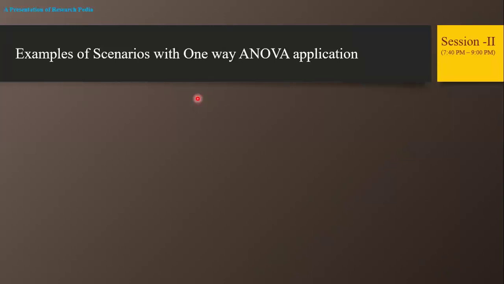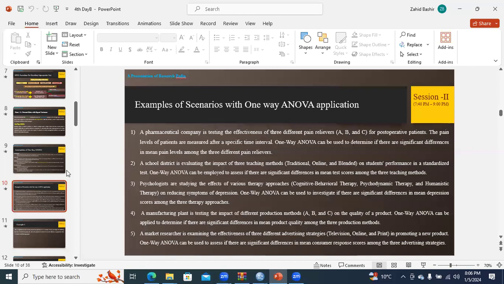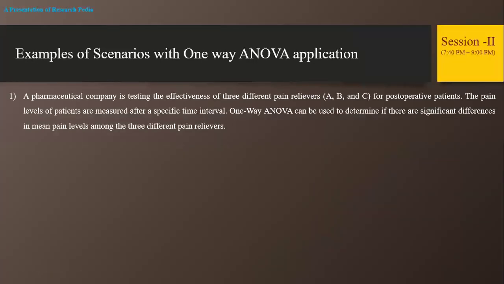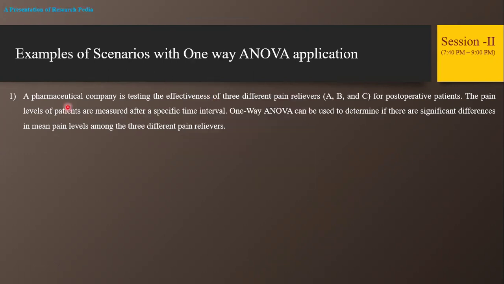There are some examples that I would recommend you need to know, so that you can decide that a scenario requires the one-way ANOVA application. First is a pharmaceutical company. A pharmaceutical company is testing the effectiveness of three different pain relievers, A, B, and C,